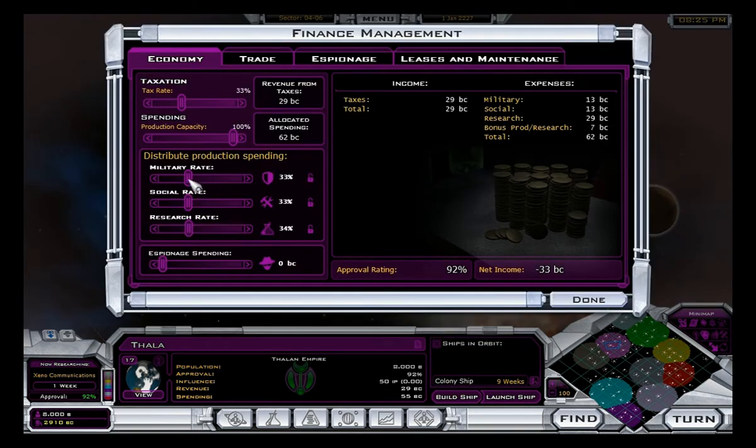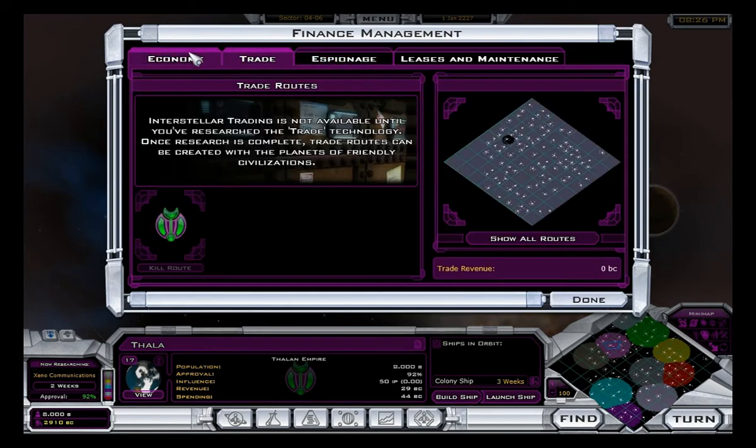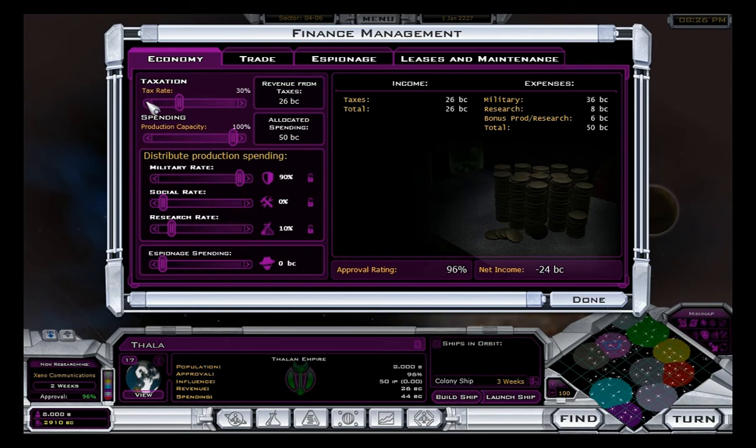Now, to do that, I'm going to set social to 0, because all in all, I don't need to build anything. Thalans don't start with any buildings in particular which you can spam, like I mentioned. Or didn't mention, I should have mentioned perhaps. So we're going to set this up in a way that I'm going to get a colony ship every 3 weeks. Now that's good enough for the moment, and we're going to lower taxes